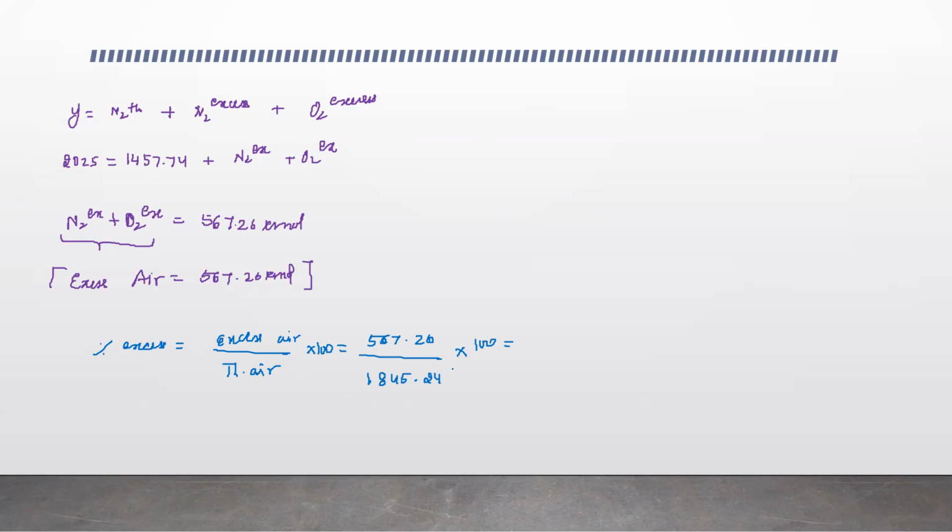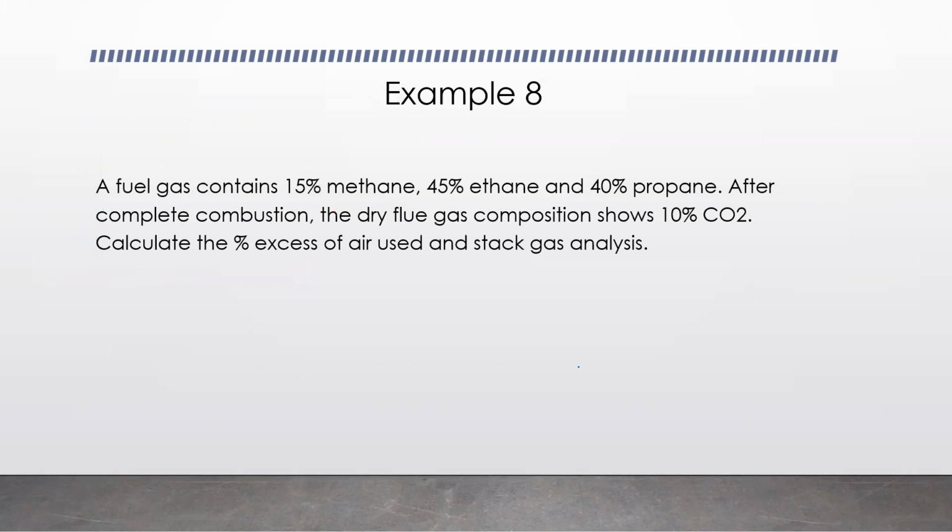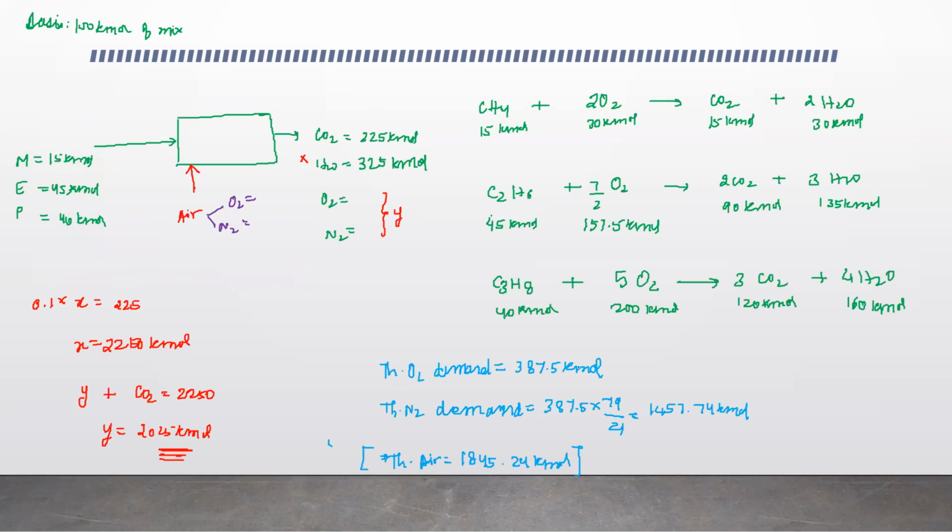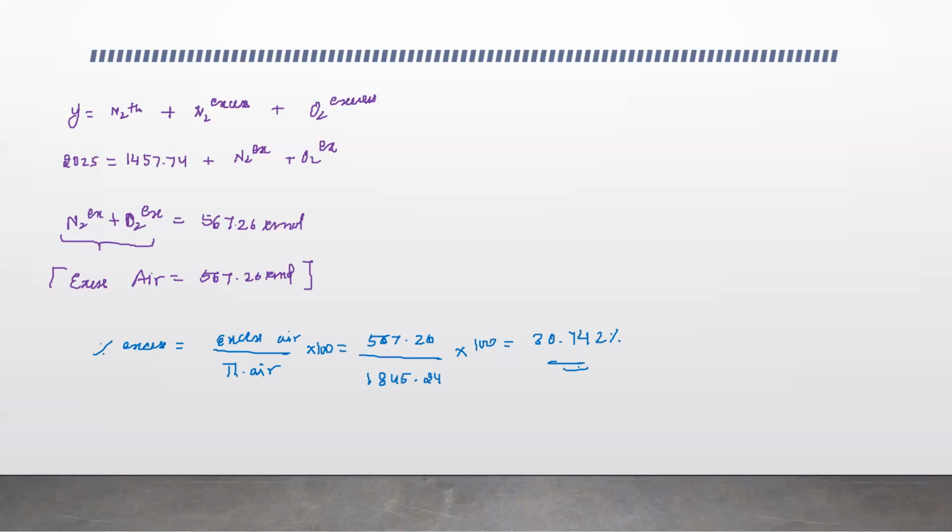So 567.26 upon 1845.24 into 100 is equal to 30.742%. That's what we had to calculate. We only had to calculate the percentage of excess air used and also the flue gas analysis. So now once we have the percentage of excess air used,